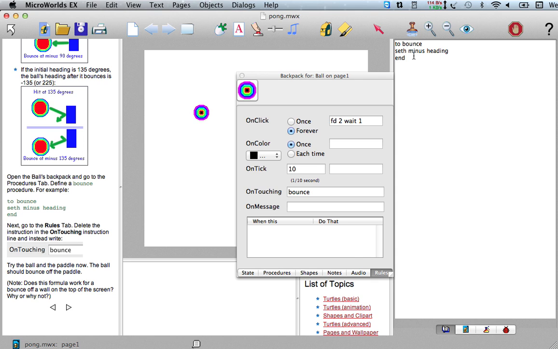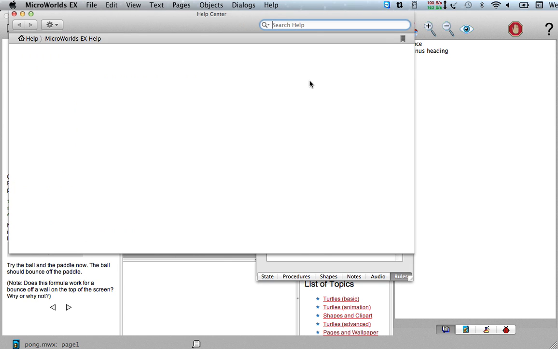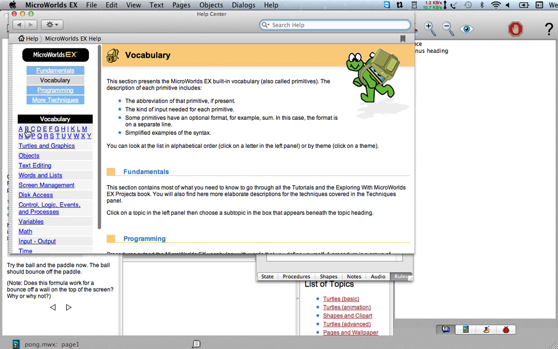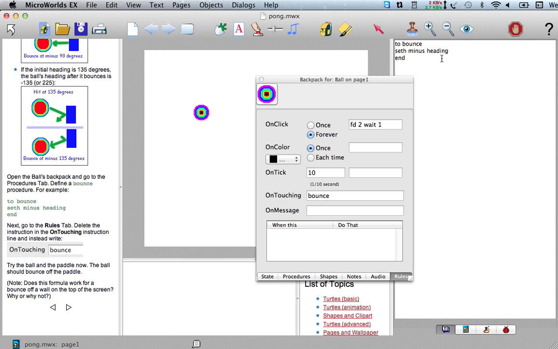Any procedure that you define in the procedure tab becomes part of the vocabulary, just like any of the words in the Microworlds vocabulary. Just like you have vocabulary and definitions for the primitives, this is like making your own definitions page. So you write your definitions, and then when you want to use bounce, you can put it in place, like in your on touching